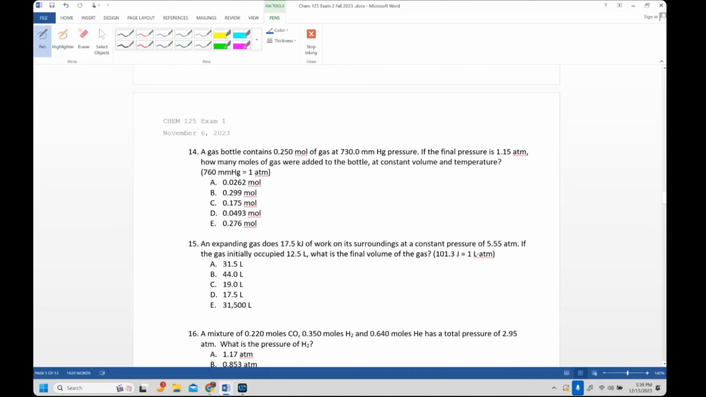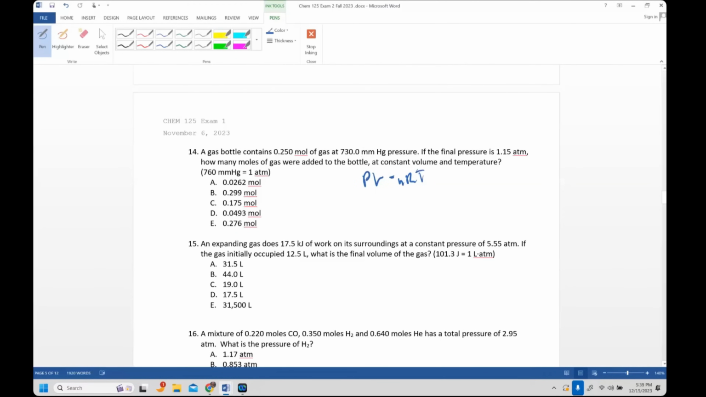All right, number 14. A gas bottle contains 0.25 moles of gas at 730 mmHg. If the final pressure is 1.15 atm, how many moles of gas were added to the bottle? So moles of gas, I'm automatically thinking PV = nRT. Whenever you see moles, you think PV = nRT. So we have